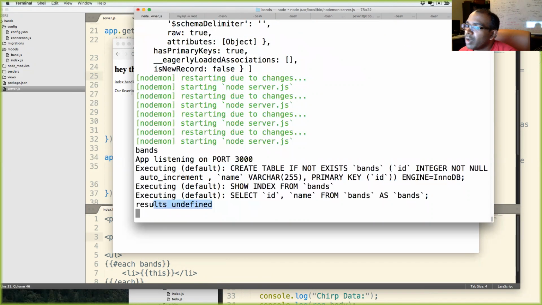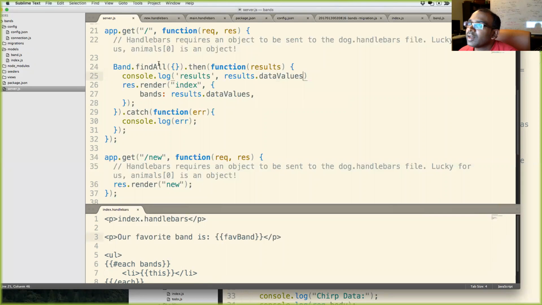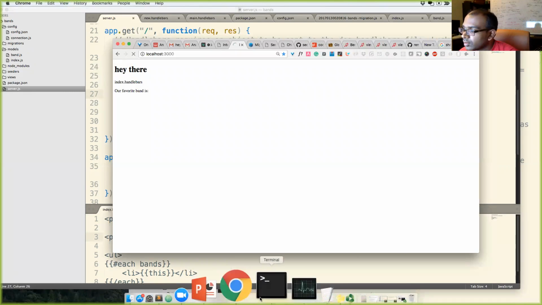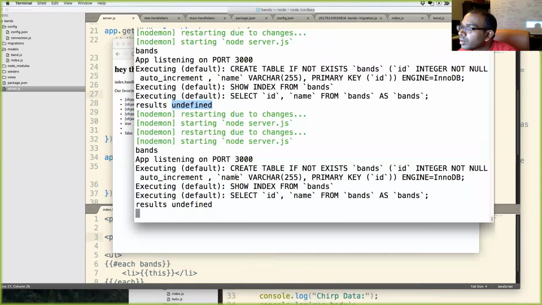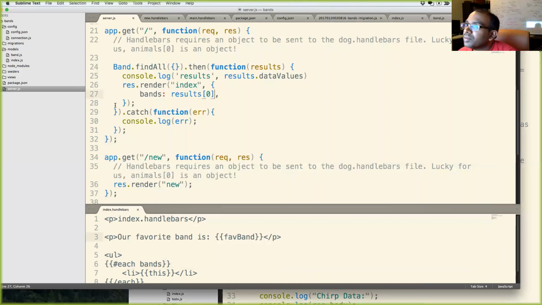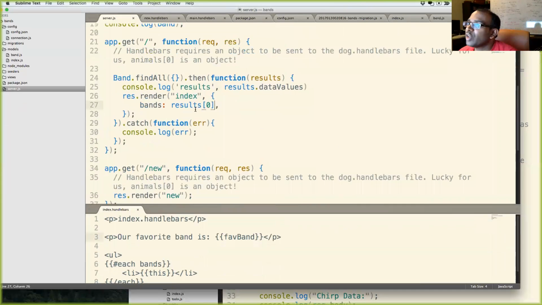Looks like nothing came out. It came up undefined. So that's weird. Yeah, let's try this. Results 0 and run that. Let's see what we get. Oh wait, I changed that. I didn't change the other one.